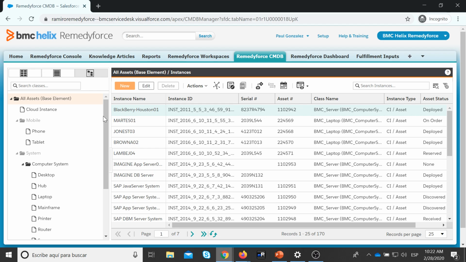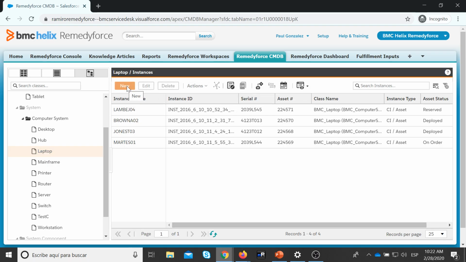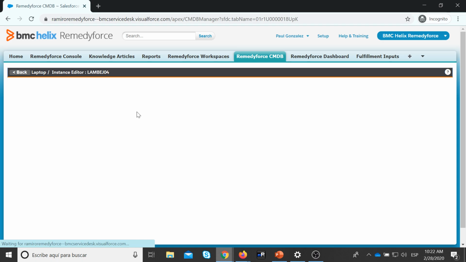I'm still able to see laptops, but if you notice, I'm not able to either create a new one, edit, or delete it. Okay, because we have modified those permissions. I'm still able to see it, but if I try to modify anything, the CMDB shouldn't allow me to do that. So there's a big difference in how you can manage class security for a specific user,